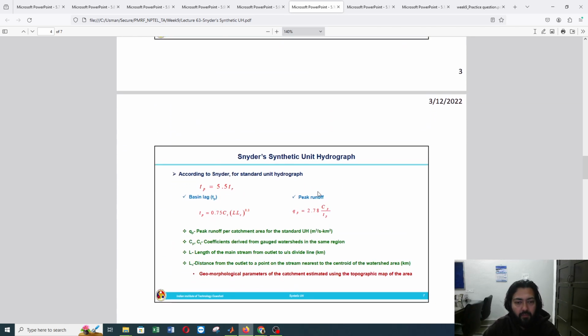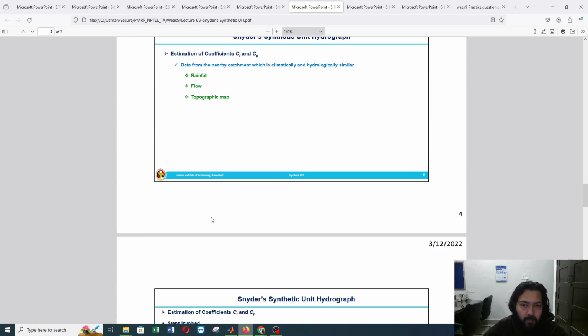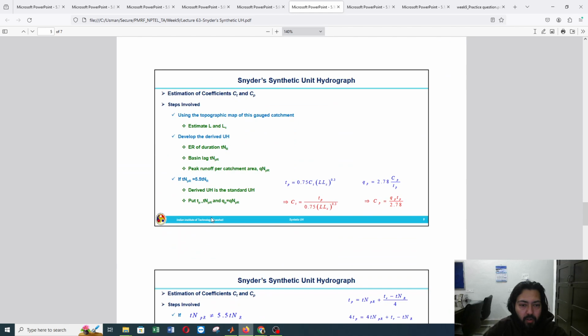If this equation is satisfied, we can say that the available or required unit hydrograph is of standard form, right? Then we have 2 equations to calculate Tp, and we have an equation to calculate Qp, given the value of Cp and Tp. So if we have these values, we can calculate peak discharge and basin time lag Tp, right? But let us say we don't have the values of Ct and Cp, and we want to calculate them. How we can do that is, first we check whether the unit hydrograph is of standard form. If it is, we can use the equations of Tp and Qp to calculate the coefficient Ct and coefficient Cp, right?